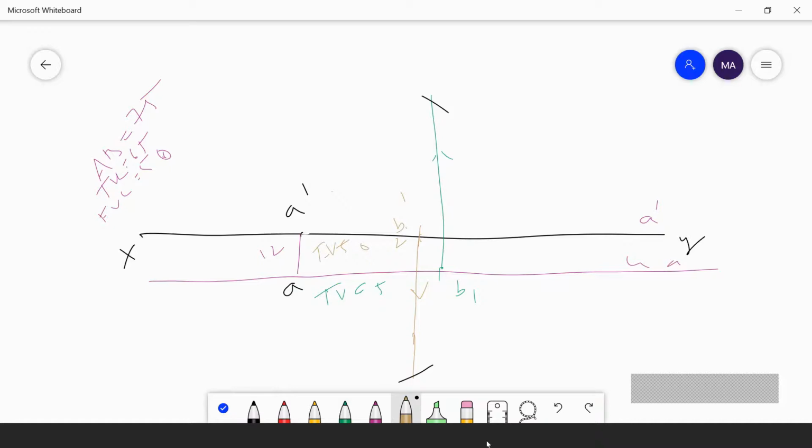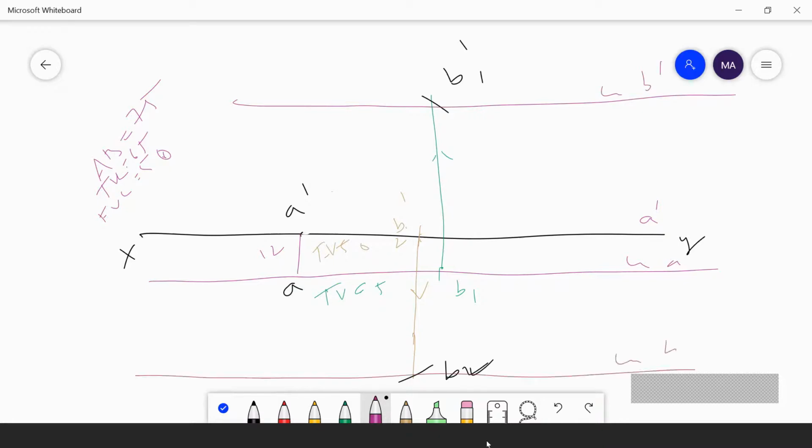Then I have taken the given true length of 75 on the compass, taken A dash as a center, and cut an arc on this green line. Here I will get a point, B1 dash. Understand? Similarly, here I will get a point B2. Then I will mark the locus here: this one will be the locus of B dash, and here also I will mark the locus of B.